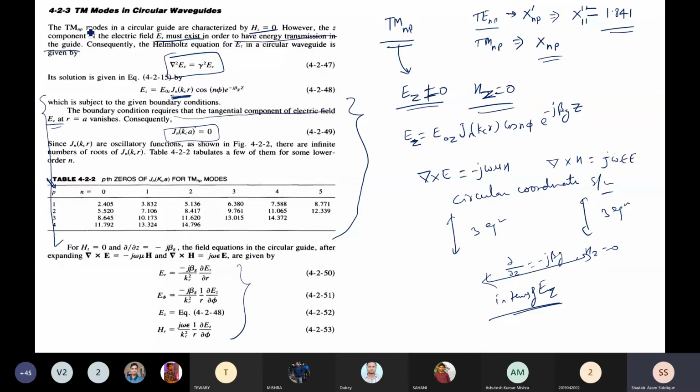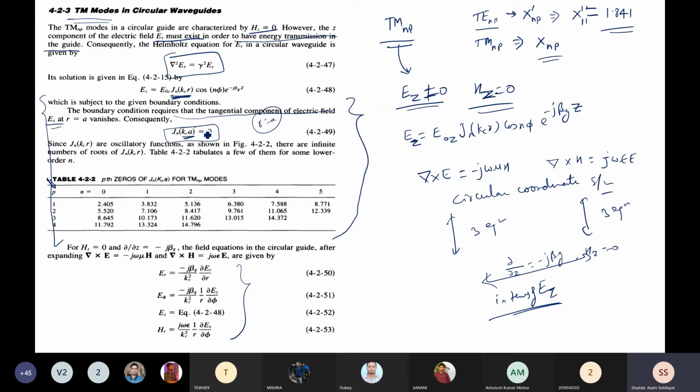For the magnetic field, if you talk about the TM mode, the tangential component should be equal to 0. If you talk about the transverse electric mode, we should have the tangential component as well as the normal component. There the tangential component was E phi, and the normal component was Hr. So from this we can find J n(kc r), that should be the equation where Ez is equal to 0. This term should be equal to 0 at r equal to a.